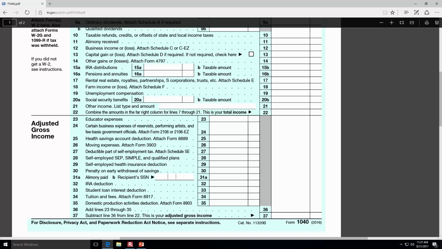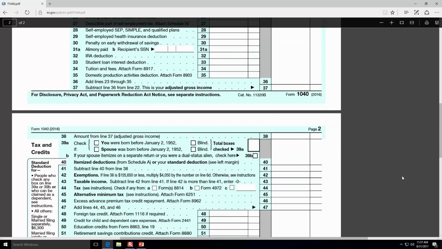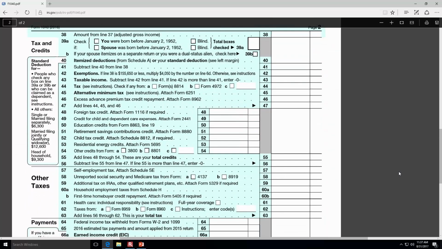So what did we end up with as AGI being? 25. 2,500. No, AGI, 37,500. So that goes on line 37. And then is replicated on the top line on the second page, which again should look just like your manual